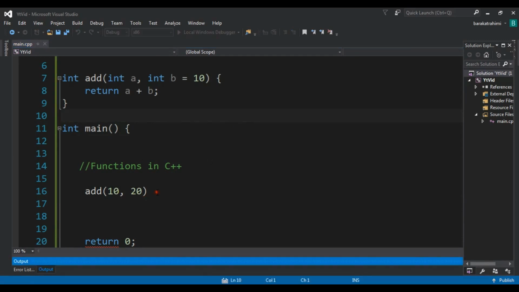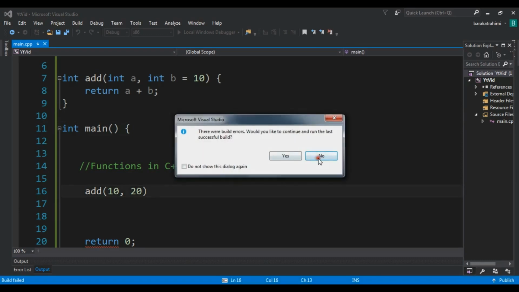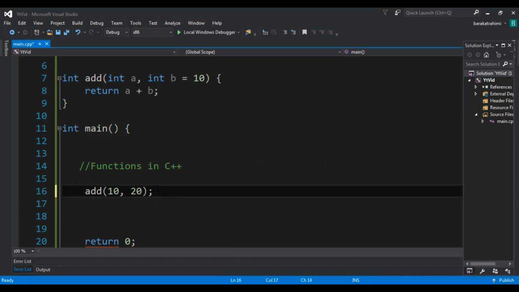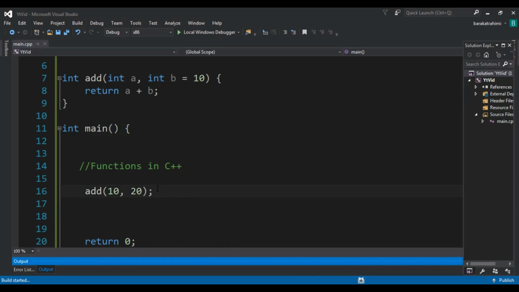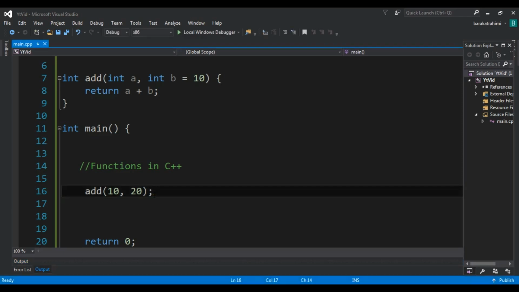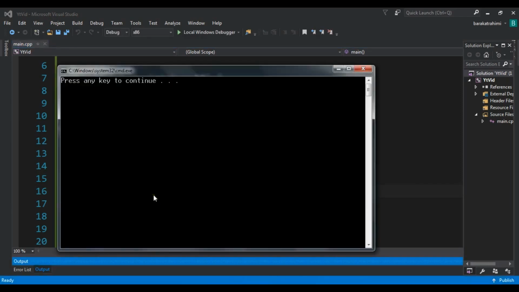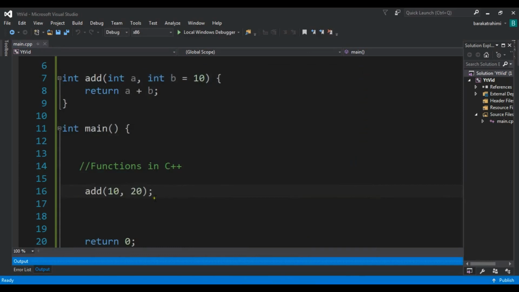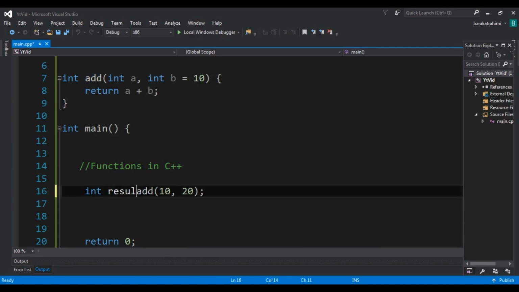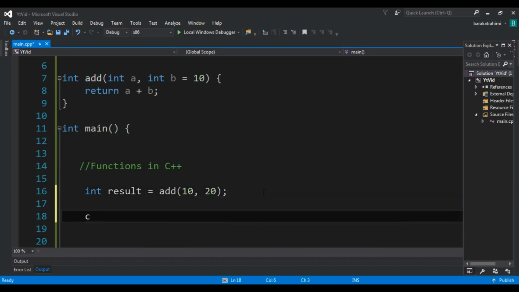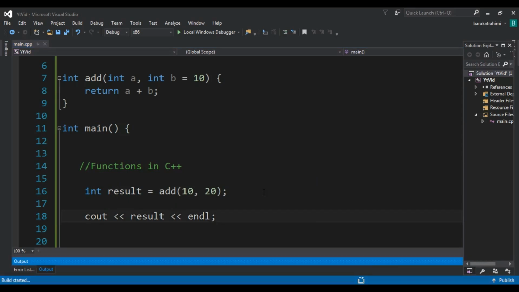Oh, we also need to see out this, so end result, and in here I'm going to say cout, and I want to see out the result. Okay, now if I run this,